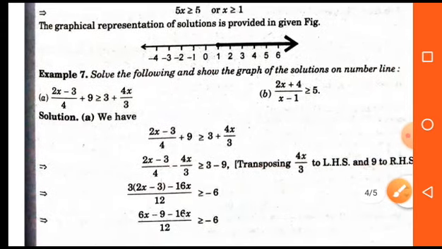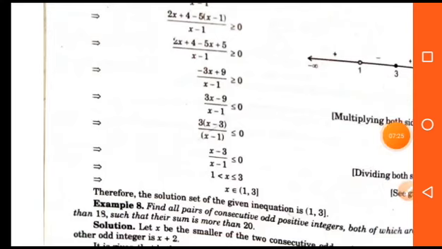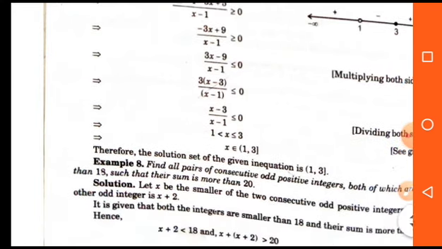In the same manner, we can solve all the questions. So you can try all the questions by the same pattern, and you will have to follow all the rules which are given above in this session and in this chapter. So students, I think you all understand the method by which you can find the solution set of a linear inequality, and how we can plot all the points on the number line. So practice all the questions from your exercise and do well. Thank you very much.